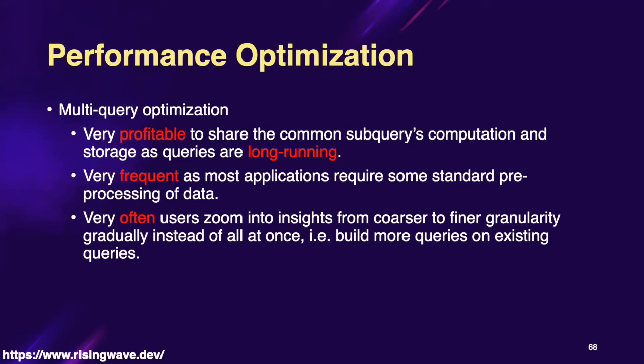Yep. So this is for the caching. And there are some other performance optimizations we can do, right? Like multi-query optimization. Because we are running streaming queries almost like forever, right? So if we can find some common subqueries between multiple queries, it could be very profitable, right? We just do not need to do the same computation, or store the same intermediate result twice or even multiple times,